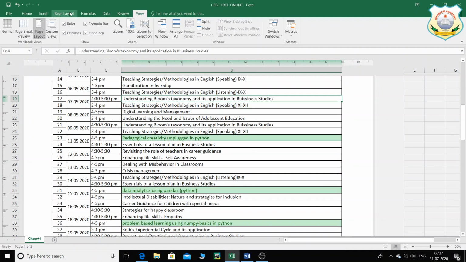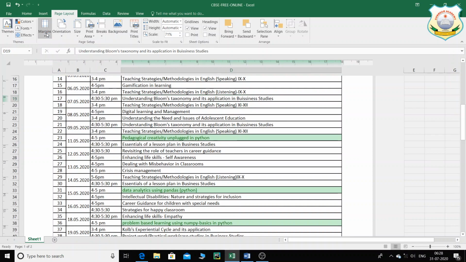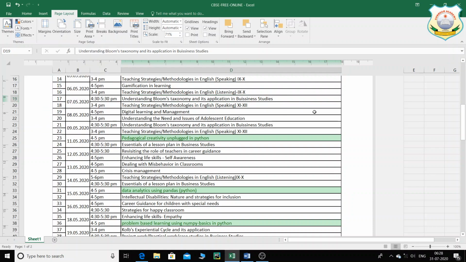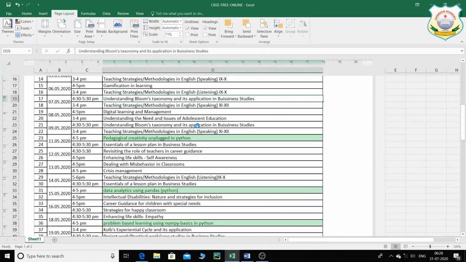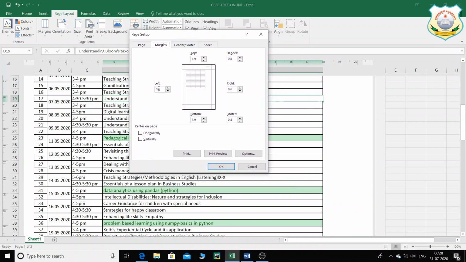Now you can always go to page layout view, and you can set up the margins. This is the standard margin that normally we use, so you can also narrow down your margin over here. So the margins will be narrow by that. Also, you can click on the custom margins. It is showing the margins over here, and you can see that at left hand side it's 0.6 inches, and from the right hand side as well. From the top it is 1.9, and from bottom it is 1.9. You can always go ahead, and you can see it is showing the margin to you. You can change these margins.